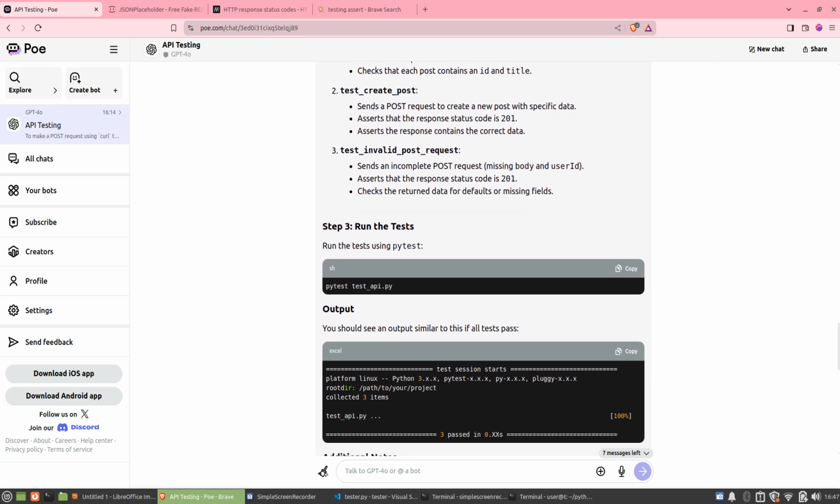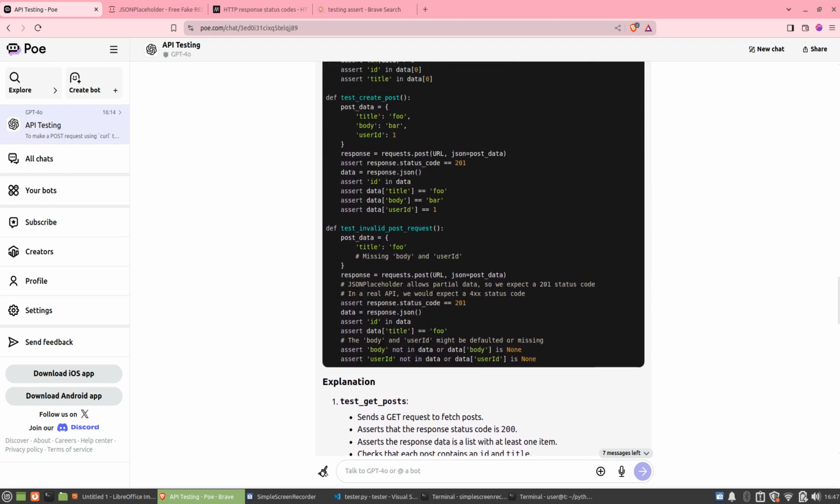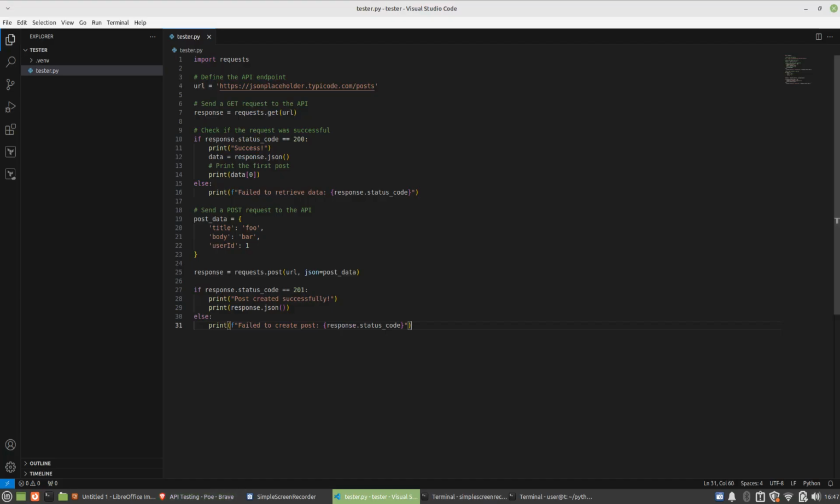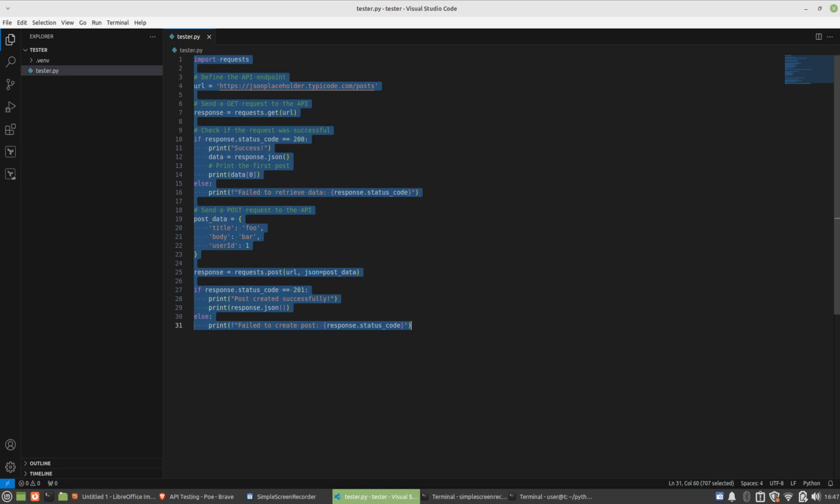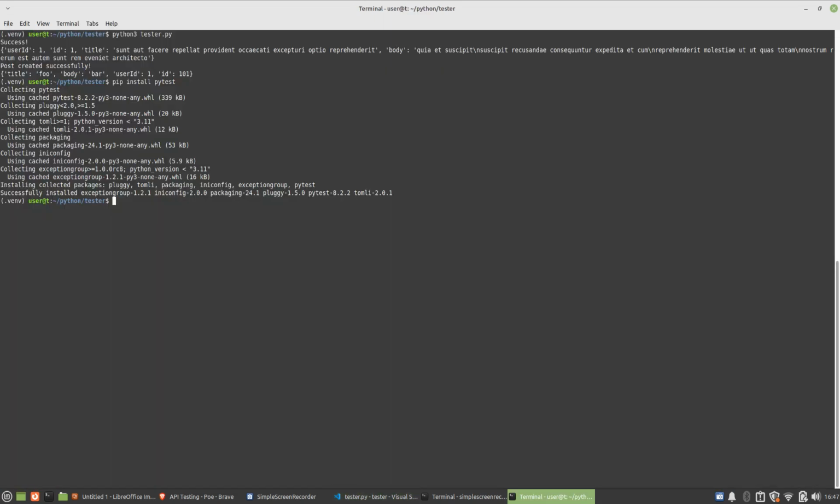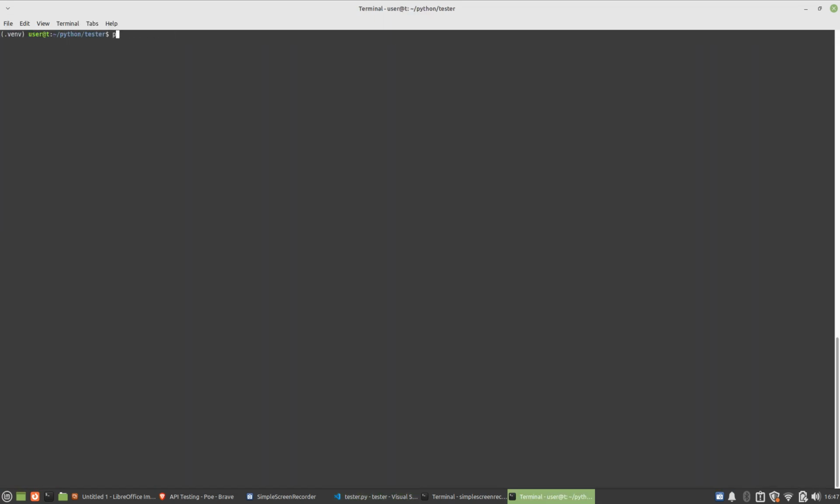So here's how to run the test with pytest. You simply type pytest test underscore or whatever your Python file is, and this is the kind of output you'll get. So let's do that. Right, let's copy this. We're going to overwrite this. We know it is extending upon that, and let's save this. And I'm going to go to the terminal. Let's clear the screen. python3 tester.py,